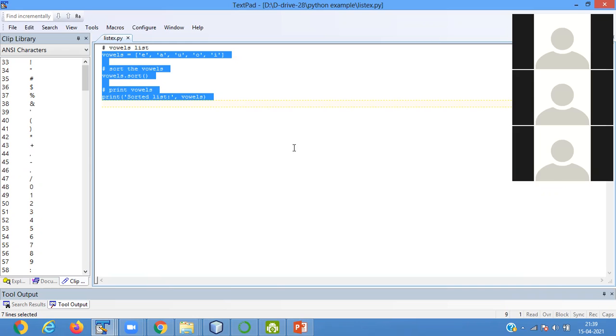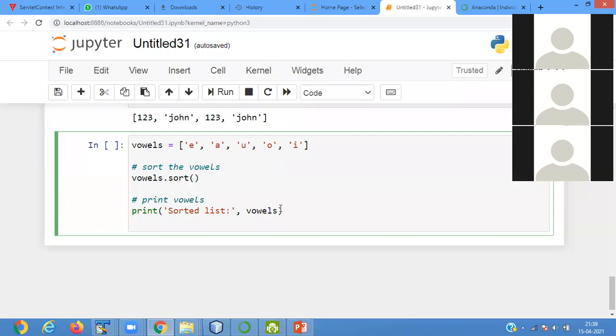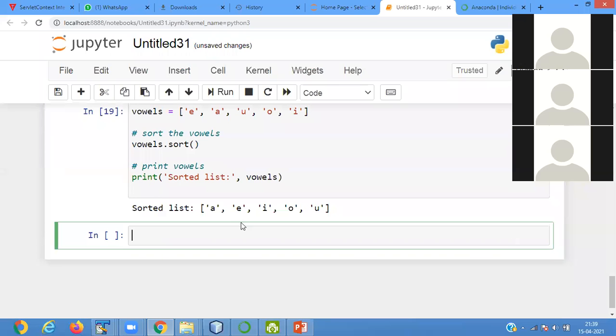Vowels a, e, i, o, u, then vowels dot sort. When you use sort, it sorts the elements a, e, i, o, u.